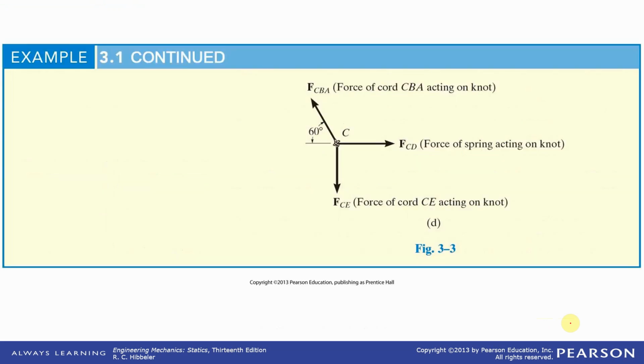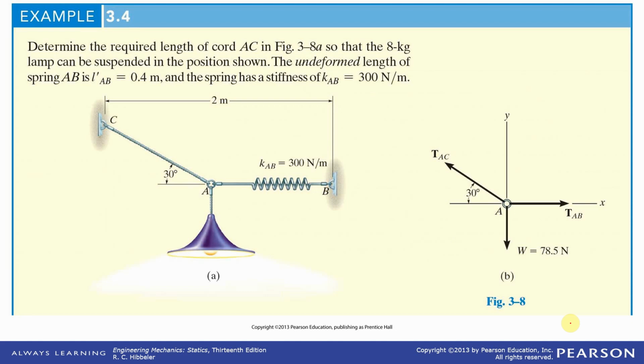Okay, now we could solve this problem. There's the free body diagram again, acting on the knot. This problem is not solved in your book. I'm going to go on to some other problems. We'll solve those, not this particular problem. This is a very similar problem, so we'll take a look at that and use this as an example to actually do the calculations. In the next video,